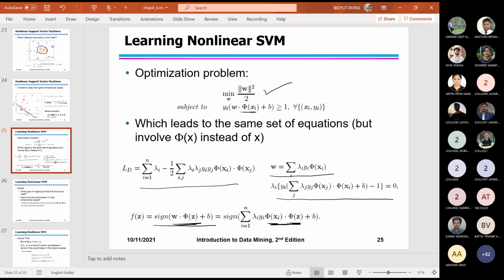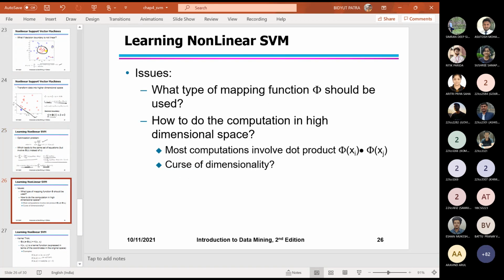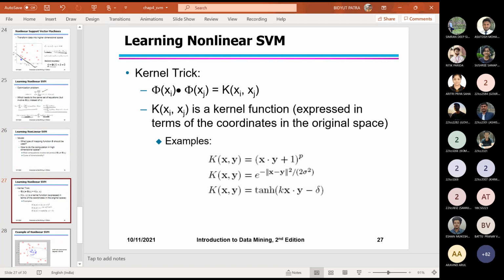So in summary, we need not transform each and every sample to the higher dimension, including the test data set, but we will have a function for this. That is called the kernel trick. Without it, we had to take the sample and transform it using phi, and then take another sample, say the test data set, and again transform that into the higher dimension.